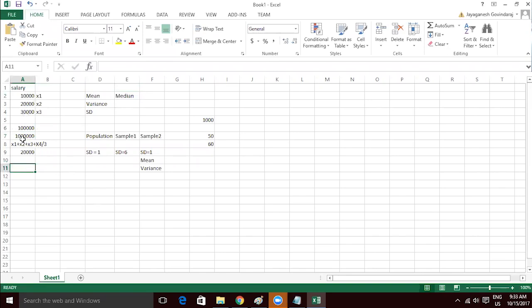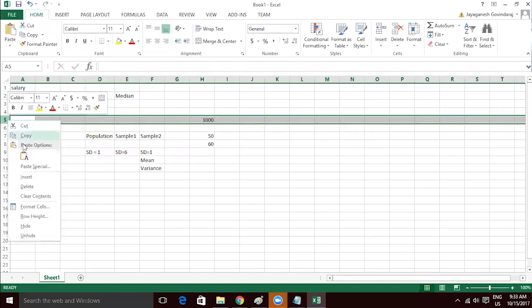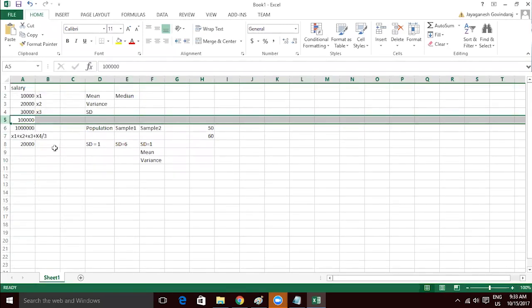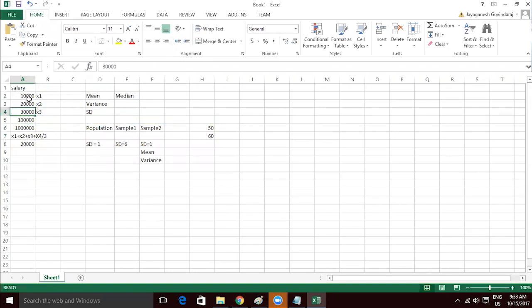till 10 lakhs. For example, here we have 5 inputs, which are 10,000, 20,000, 30,000, 1 lakh and 10 lakh. What I'll do is take the middle number here. So 1, 2, 3, 4, 5. Totally we have 5 inputs, so I'll select the middle one, which is nothing but the median. If I have 6 input variables,